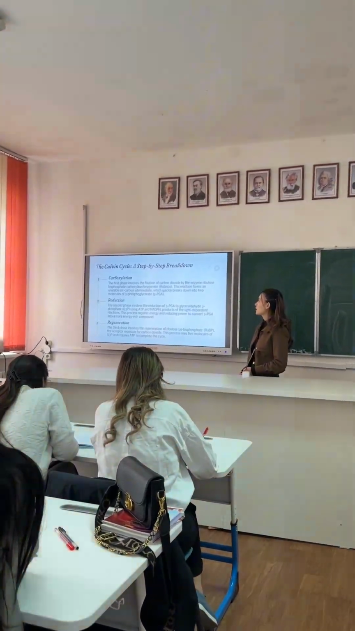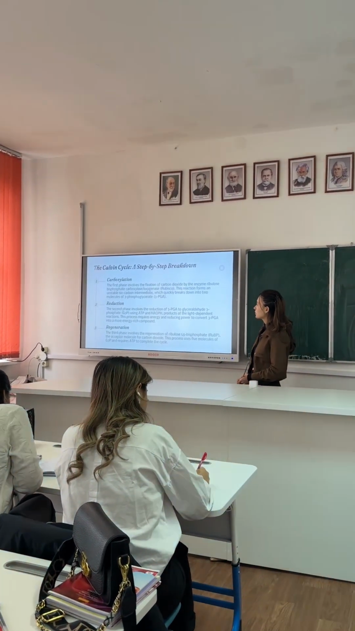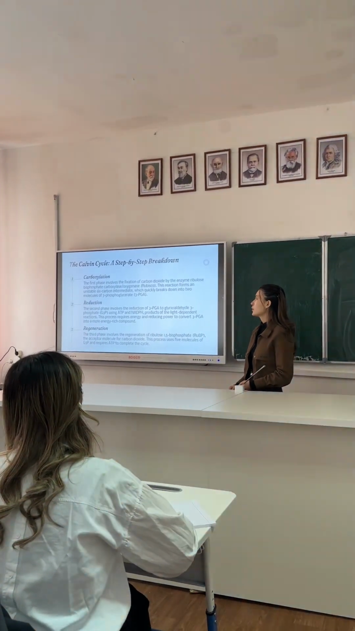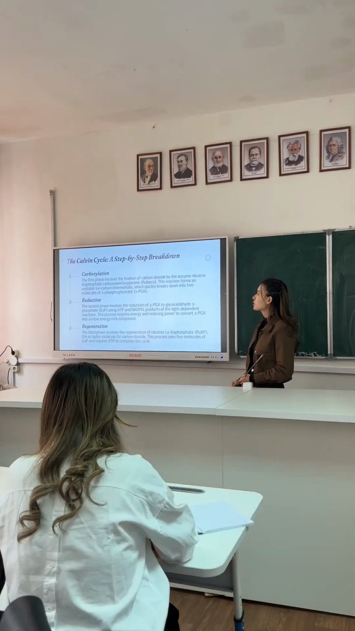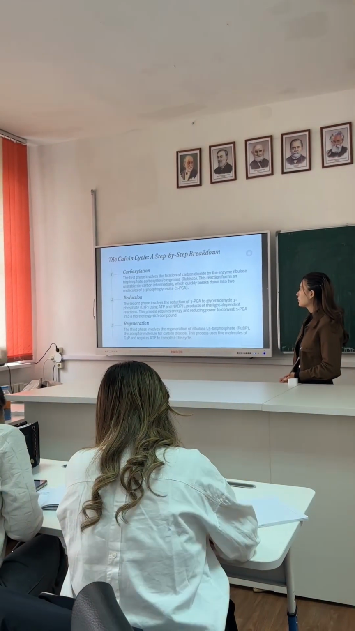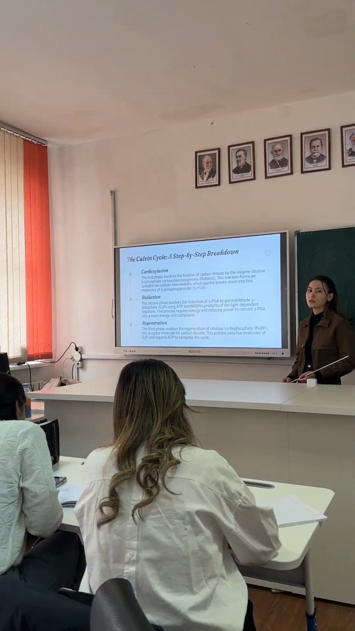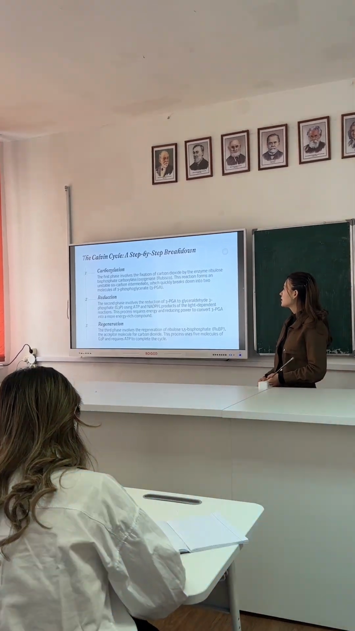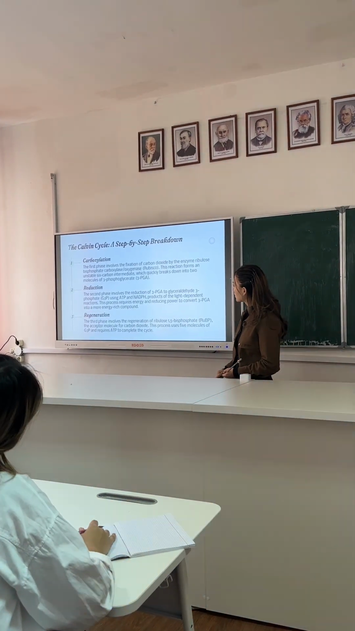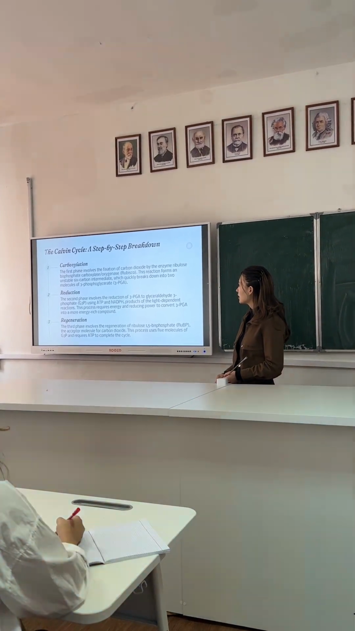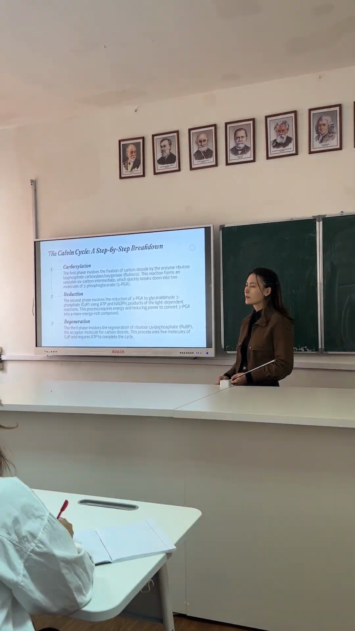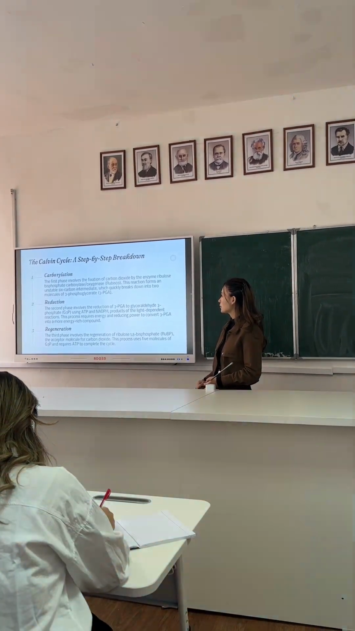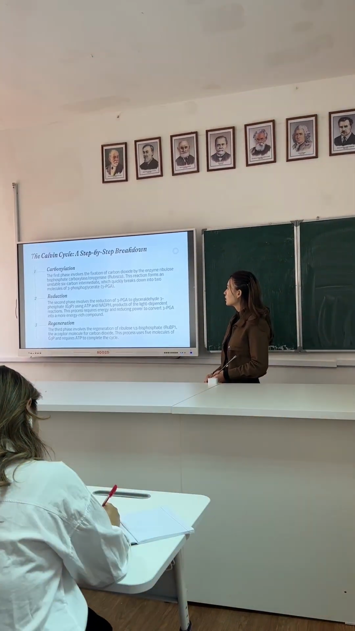We look at the Calvin cycle as a step-by-step breakdown. The Calvin cycle includes three steps. First step is carbon fixation, or we just call it carboxylation. The first phase involves the fixation of carbon dioxide that the plant takes from the air, by the enzyme ribulose bisphosphate carboxylase/oxygenase, or Rubisco enzyme. This reaction forms an unstable 6-carbon intermediate which quickly breaks down into two molecules of